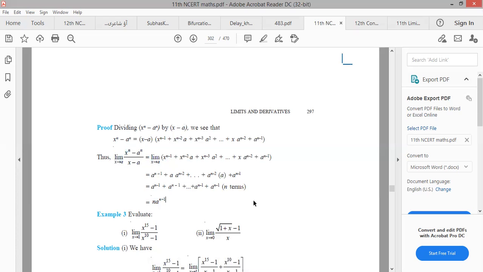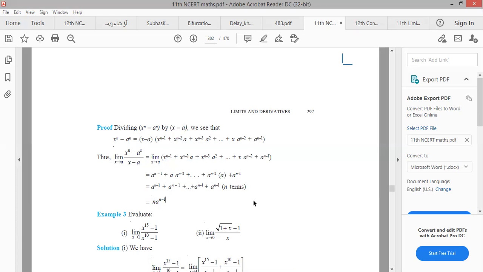This theorem is very important, and it is used in most of the questions on limits. So you have to go through this and understand the concept involved in this theorem. It's very simple; it's not any hard task. On the basis of this theorem, we will be solving some questions.